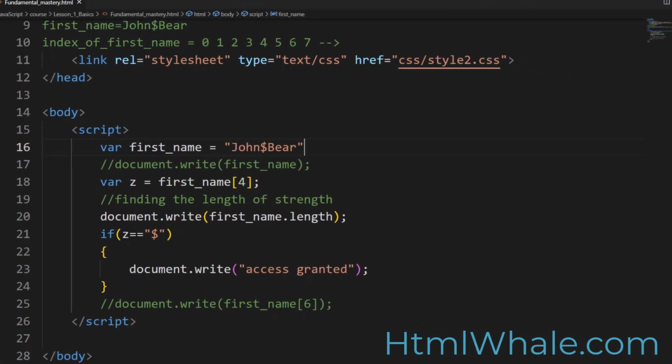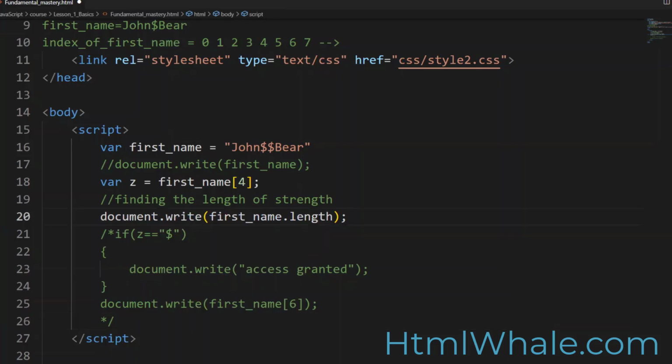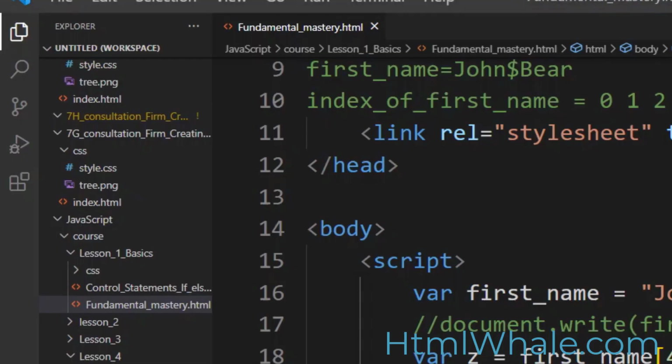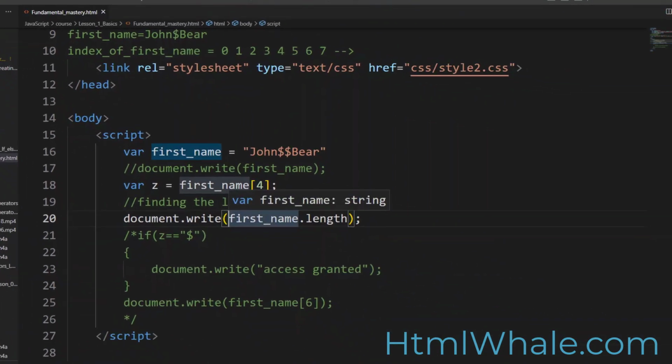Now let me go back and add some 2 characters and save it. And I don't want these things, so I will comment these things off. So these wouldn't be executed. So if I'm going to save it here, and then go back here and refresh it, it says the length is 10. Maybe probably you can add